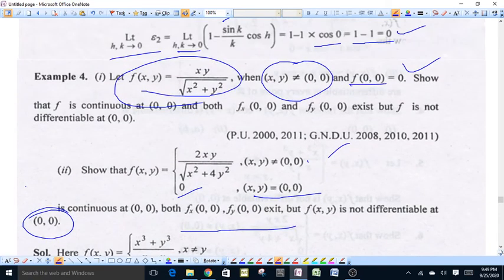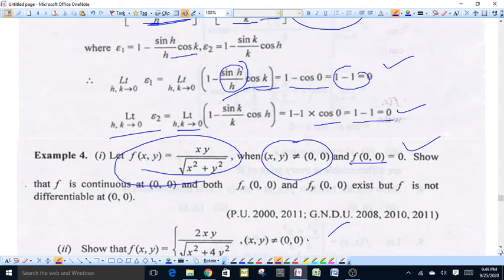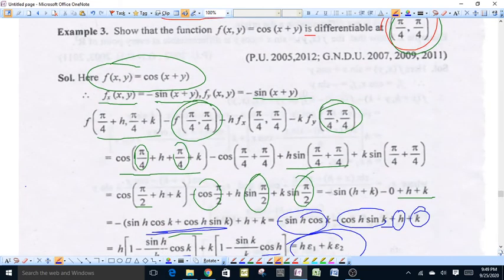By using, as we had discussed in the previous examples, the formula f(a+h, b+k) - f(a,b) - h times the partial derivative of function f at (a,b) - k times the partial derivative of f with respect to y at (a,b),